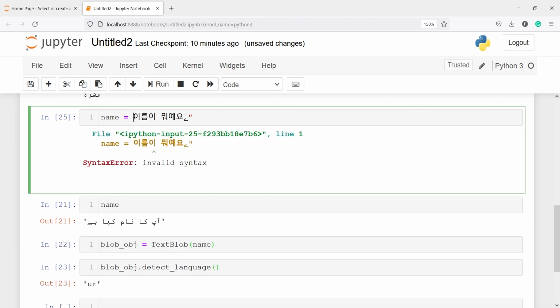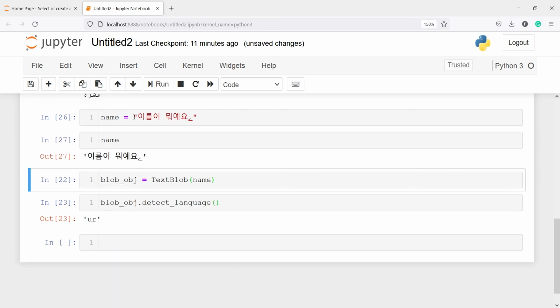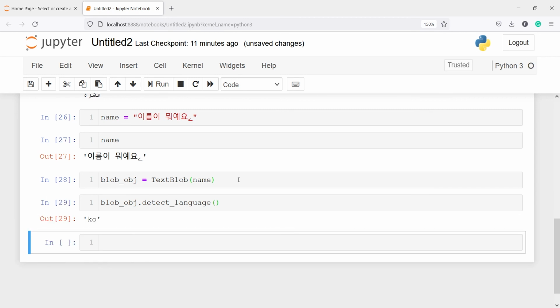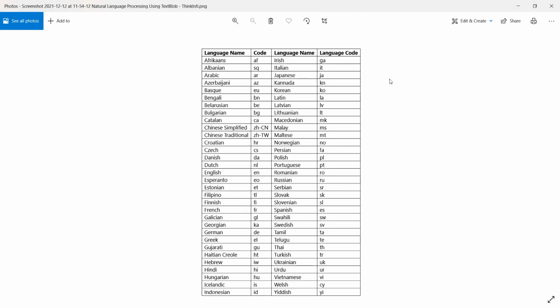I have to put a string here. So now in this name variable we have this output in Korean language, and we want to detect what the language is. So let's execute our code, and here in the output you can see we got KO, and here also the language name is Korean and the language code is KO.